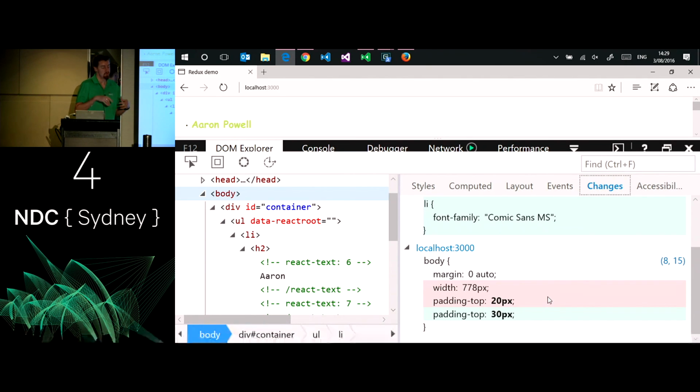color scheme. The one downside of this, and it's a feature request that I've made when talking to the guys that work on F12, is I'd love a way that I could export this as a JSON file or something other than copy and paste. But the problem is that as soon as I copy and paste that, I'm going to get padding twice, and I've got to remove the ones that are no longer relevant. I'm also going to get the width still there because it's been removed and copy and paste doesn't understand that concept of removal. I'd love some way that I could export this diff or click